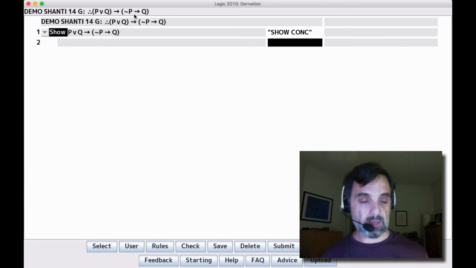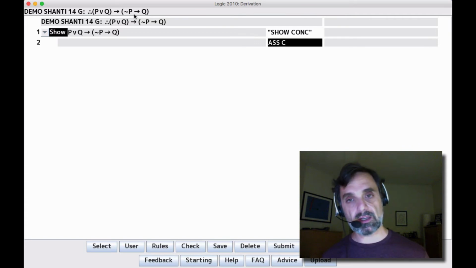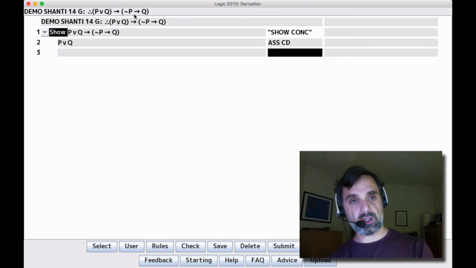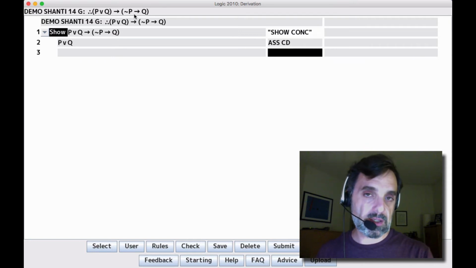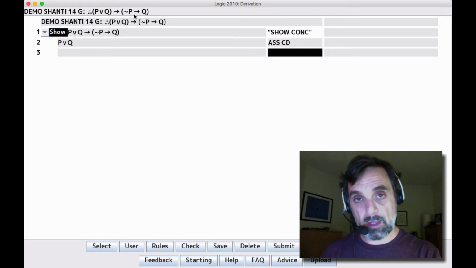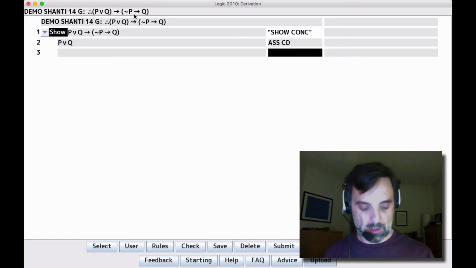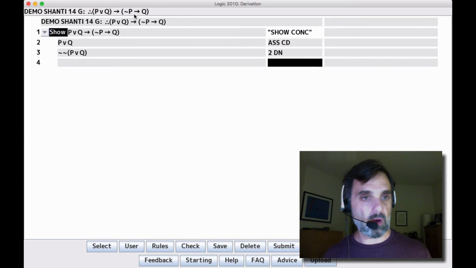Well, the second step in our strategy is always to make an assumption if we can, and we can make assumptions if we're trying to show a conditional. We can assume that the antecedent is true for conditional derivation, and that's what we'll do there. Now, there are no premises to bring in. The next step then would be to look for inference rule applications. We could do all the introduction rules we wanted,